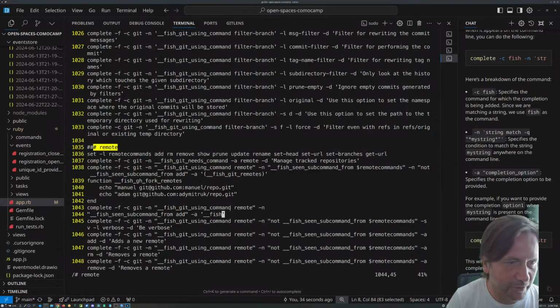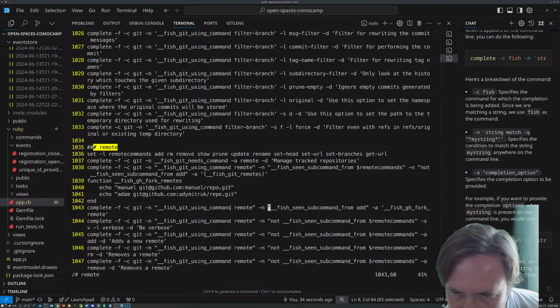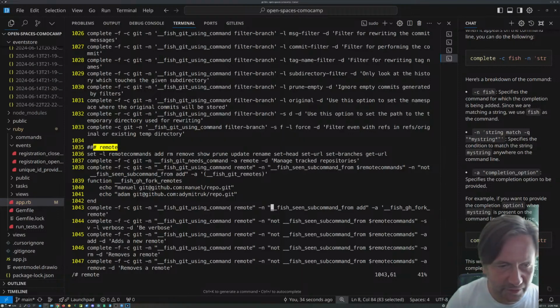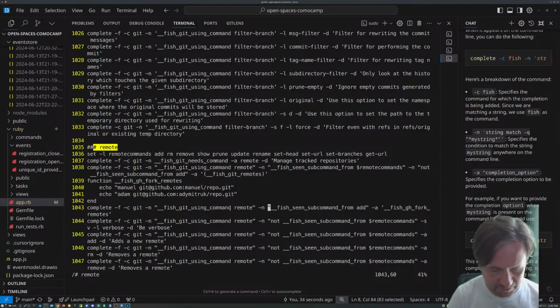I really have to turn that option off for the extra line being added in Vim by default. Why would that be a good option to have? Fish gh fork remotes. Okay, plural. Put an S in there and stop adding a new line. Okay, escape, write, quit,